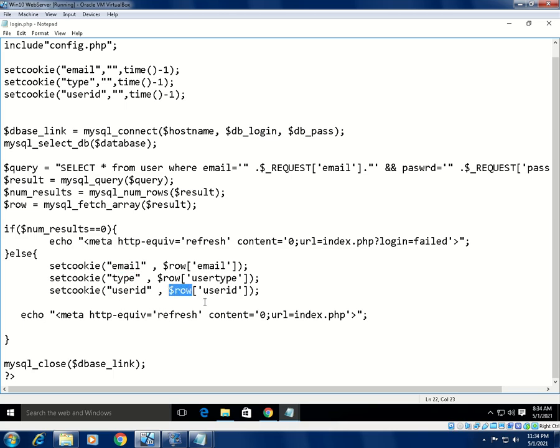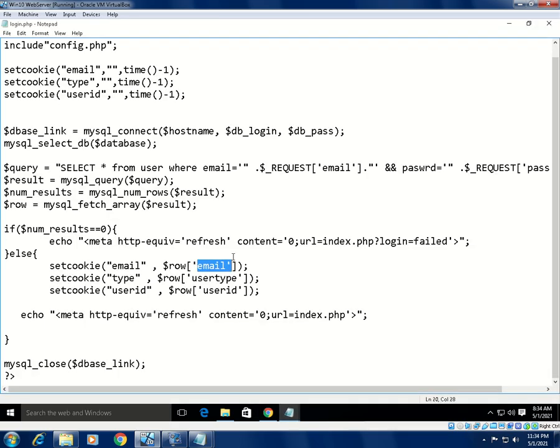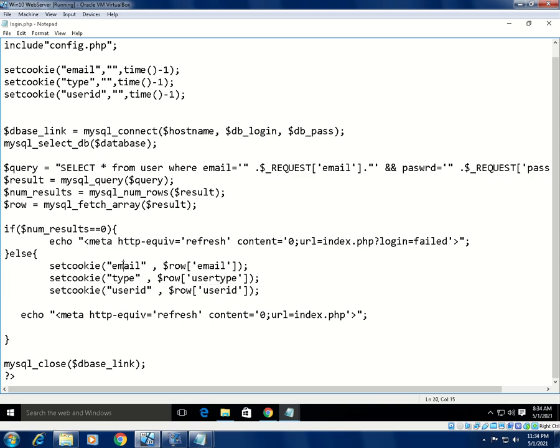So $row uses the field names. These are the field names, user type, user ID, and email, of the fields that are being selected. If I save this,